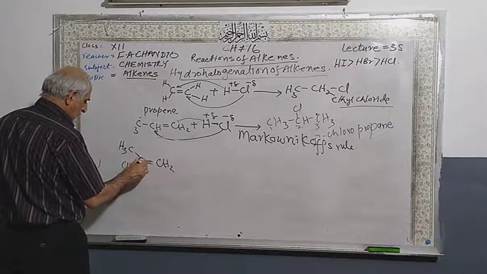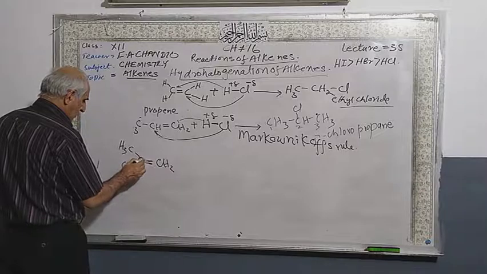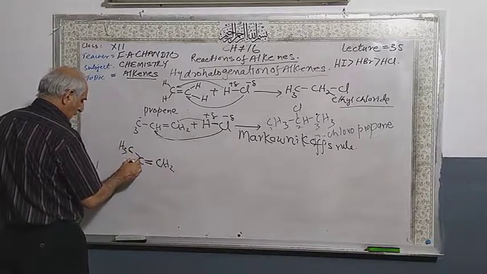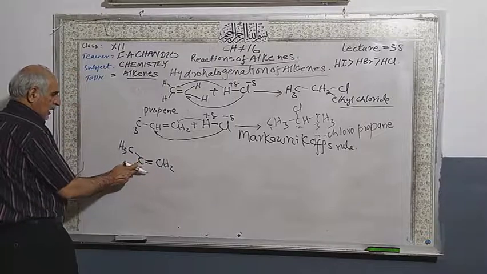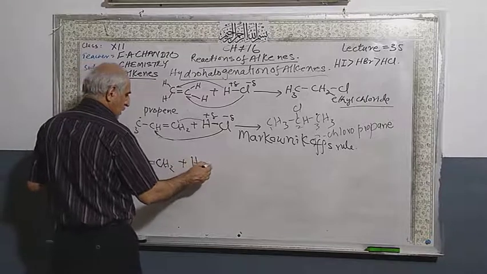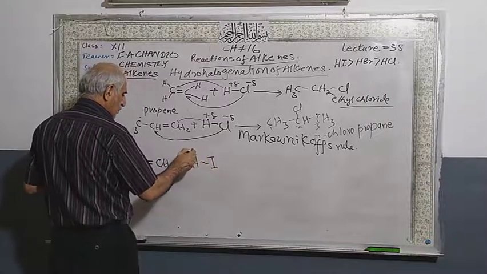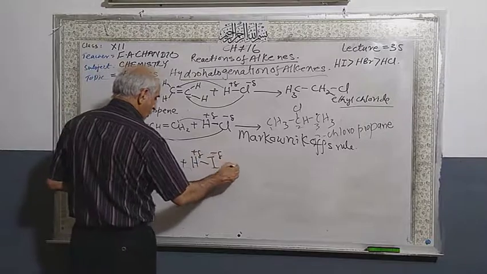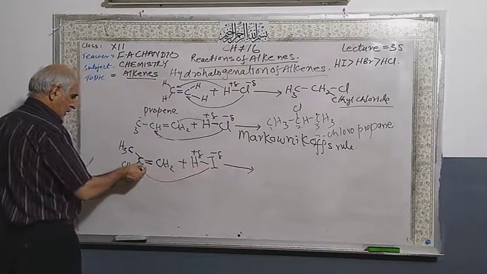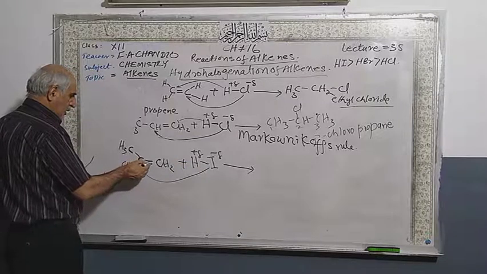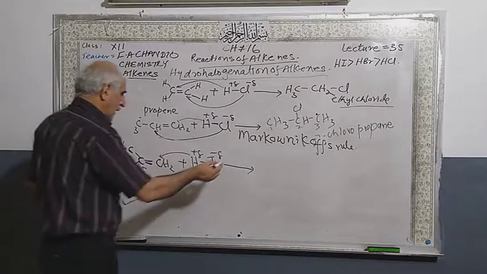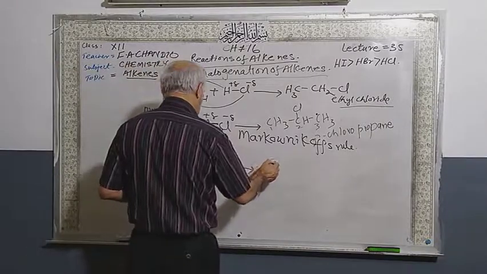This is the unsymmetrical alkene, containing a double covalent bond. This carbon does not contain any hydrogen, and this one has two hydrogen atoms. If you add hydrogen iodide, which is most reactive, according to Markovnikov rule, the iodide must add here, to the carbon that does not contain any hydrogen atom, and the hydrogen should be attached there. So you will get a product